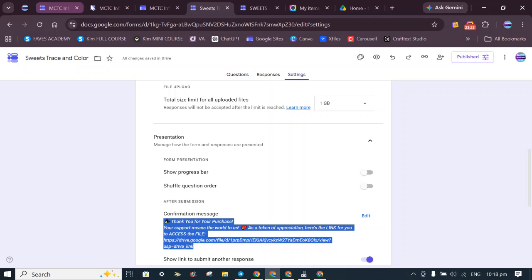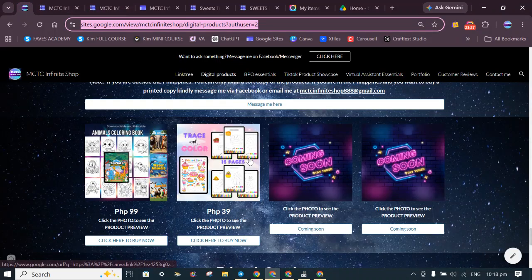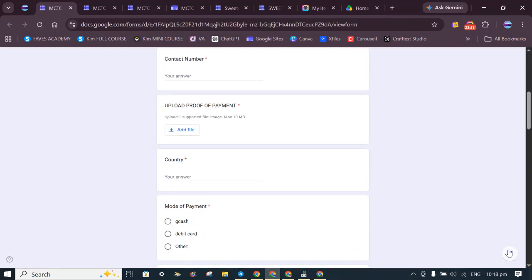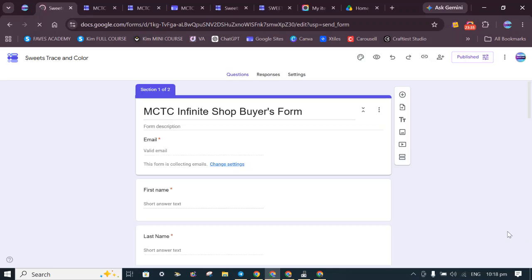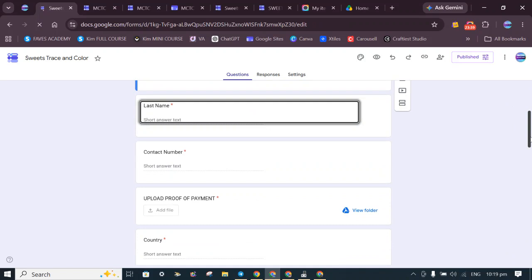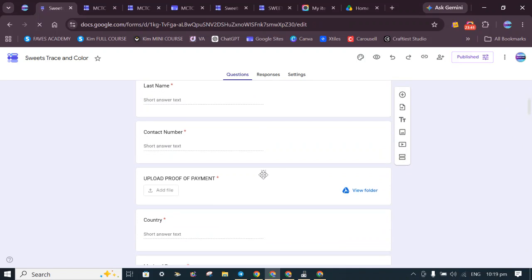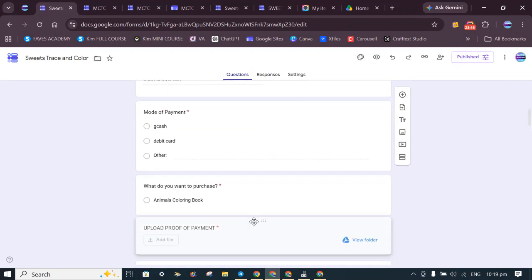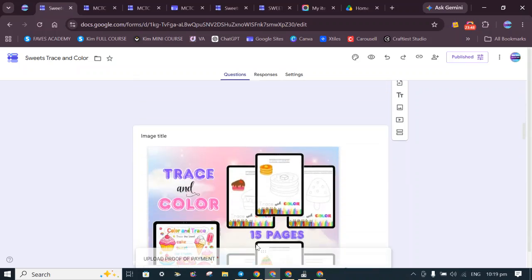We need to change it. Oh my gosh, we need to change it. Here, the buyer's form. Why is it like that? We edit that one. Once I edit it, it would also be edited on his end. So there you go, country.